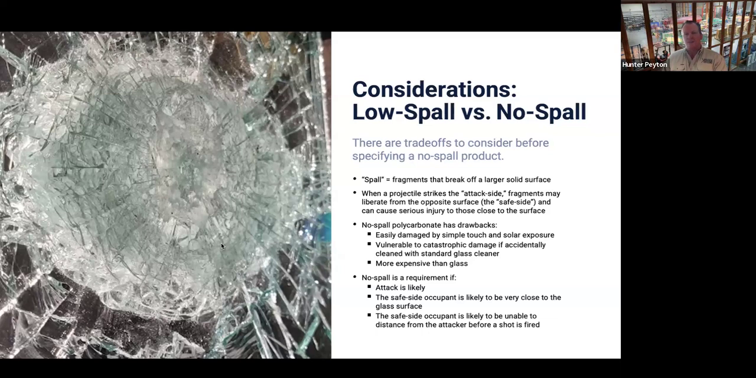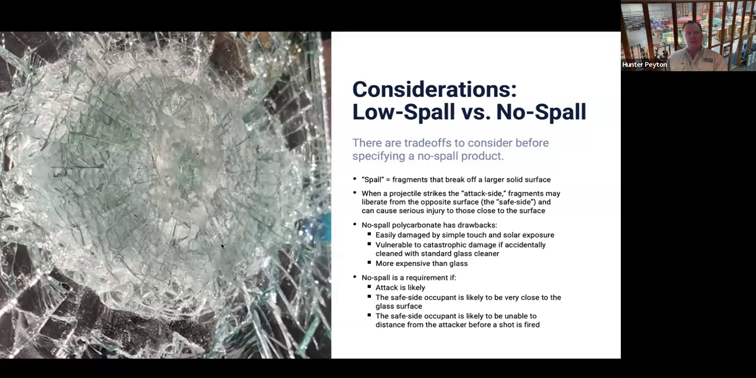Guard shacks, transaction windows, any enclosed space where you don't want somebody to be at very, very least horribly disoriented and at very worst, significant damage to their eyes, you need to use a no spall application. However, most ballistic applications that we see are not in that arena. Most of what we see are entryways, doors, things of that nature,